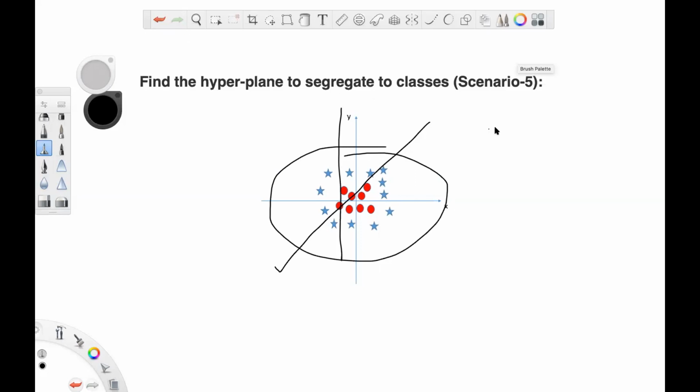But if I imagine it in a three-dimensional hyperplane, and draw a line from the center to the top, at 90 degrees to these two axes, it will be like the wall in your room going from floor to roof. Guys, you have to try to imagine this, because on a 2D screen I cannot visualize it.